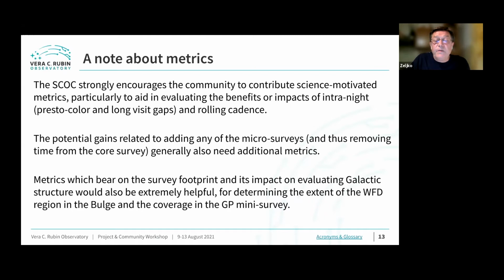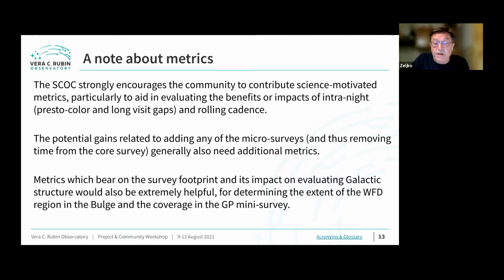Similarly, there are about 9 or 10 so-called micro surveys that ask for 1 or 2% of time to be squished into the survey. If these proposals are to be successful, they must have metrics that will demonstrate how greatly they improve some science. And finally, one area where we lack metrics is for doing galactic structure studies, especially in crowded